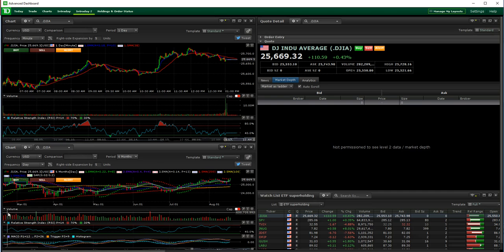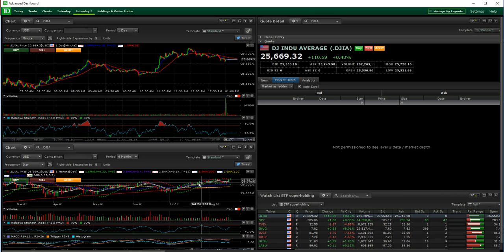The volume, actually, I didn't really say too much about the volume here. It's quite rare for me to use the volume on the intraday graph here on the 1 minute. I don't actually pay too much attention to it. Where I do pay attention to the volume is on the daily here. And of course, in our last lesson, we talked about volume and its significance, and the relative volume